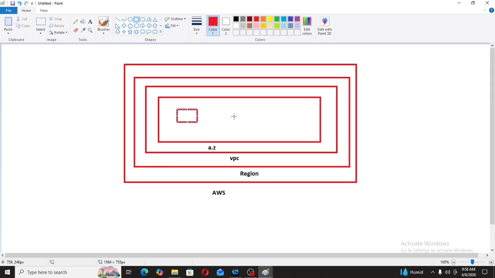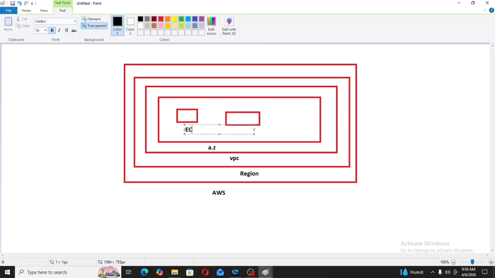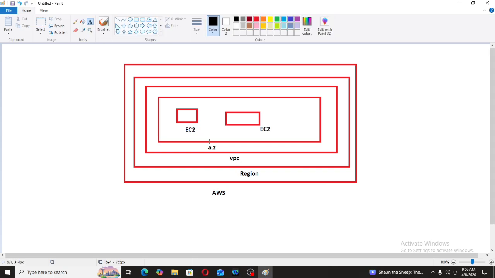So if an interviewer asks what the layers in AWS are, we are good to go: AWS, inside that region, inside that VPC, inside the VPC there will be availability zones, and inside availability zones there will be our servers or instances.